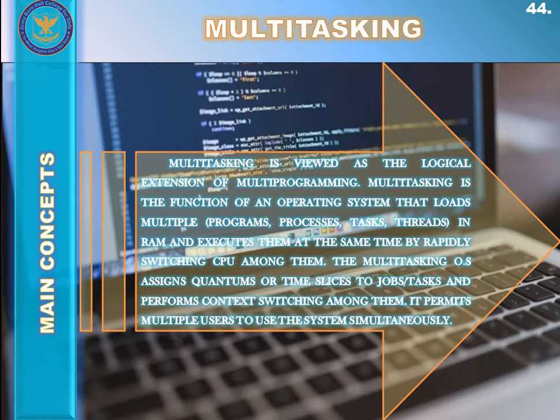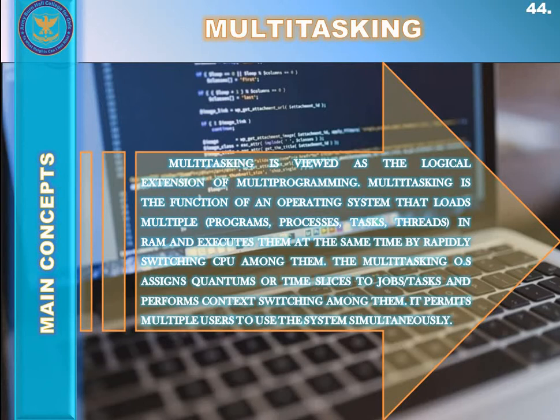As I've told you earlier, the CPU would be executing each and every task separately, independently. The CPU would not be executing all those multiple tasks at the same time, but it would be executing them at such great speed that the user would think the CPU is executing all those tasks at the same time, and that is of course not true. So this way the user is given the illusion that multiple tasks are executing simultaneously, but actually only one process or task is executing at a particular instant of time.